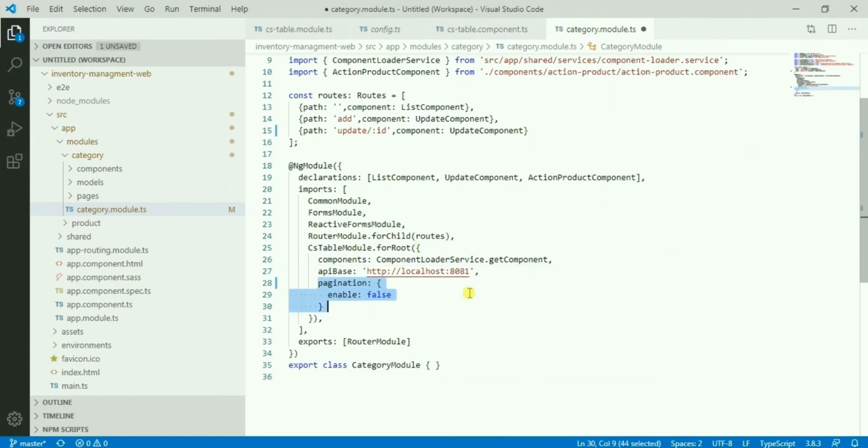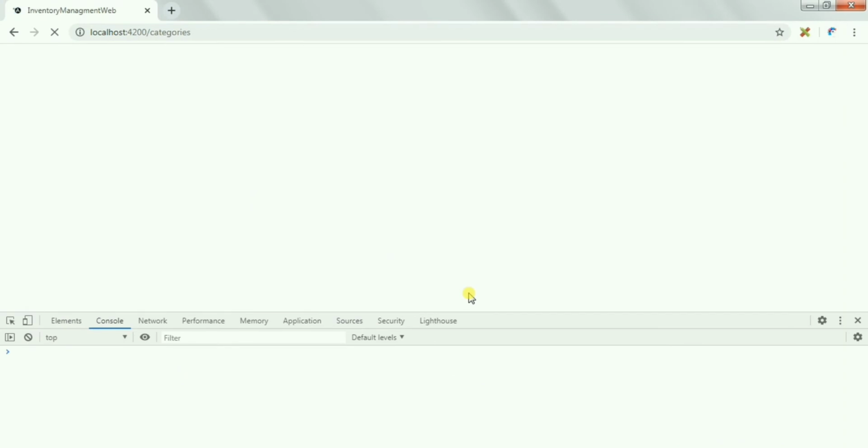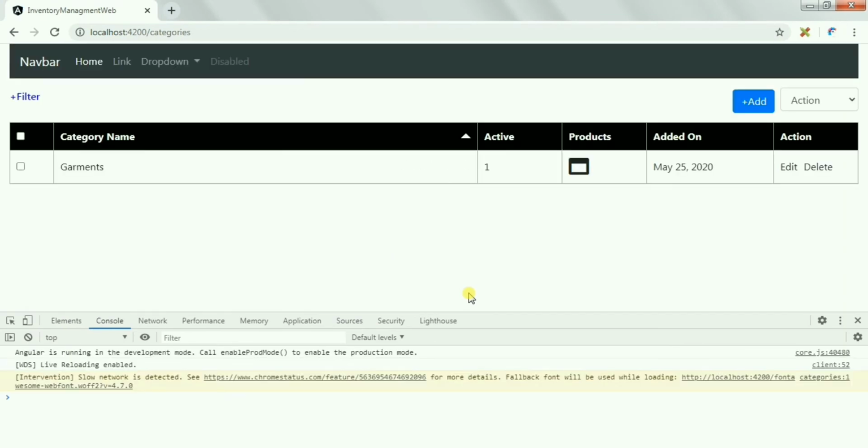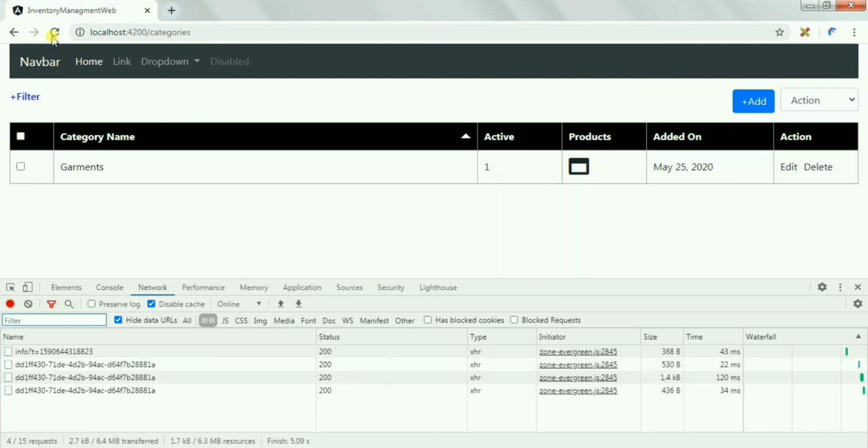So this is the very simple way we can make our module configurable anytime. It will be getting data from the application. There will not be any hard-coded data or any hard-coded configuration in the module. And using the same configuration I have created this table. This table is completely coming from the backend, from the server. All the columns, all the values, all the filters, everything is coming from the database. So it's minimum configuration, minimum changes required from your side.